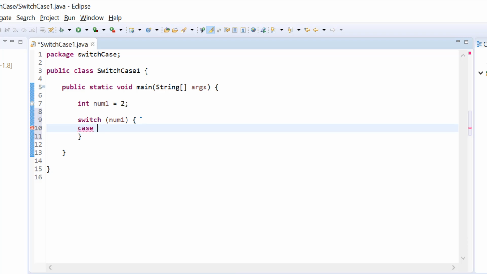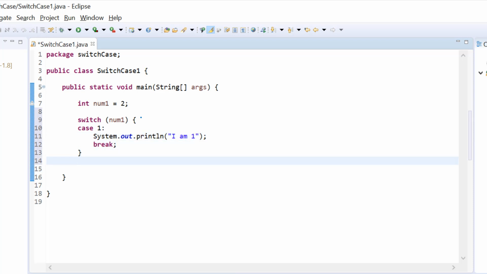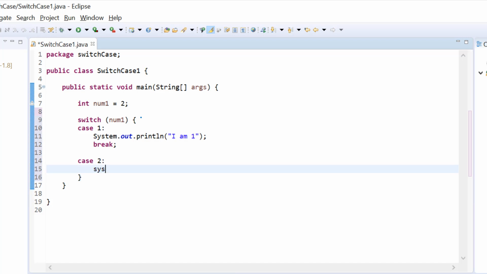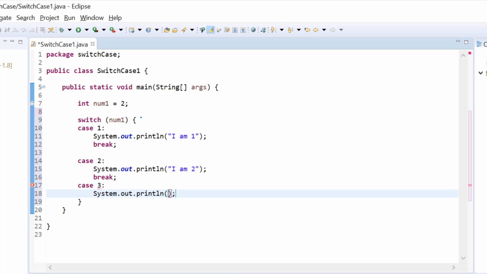So case 1, I'll say system.out.println I am 1, and I have to use a break statement here, and I'll write another case statement, case 2, system.out.println I am 2, and another break statement here, and I will write another case statement, case 3, system.out.println I am 3, and break statement, and I will have a default block,